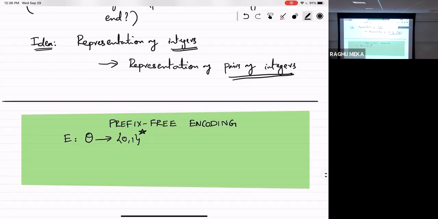We will say this encoding is prefix free if the following holds. It's right there in the name. Prefix free means that if I take the two encodings of two distinct objects, neither one can ever be the prefix of the other. More formally,